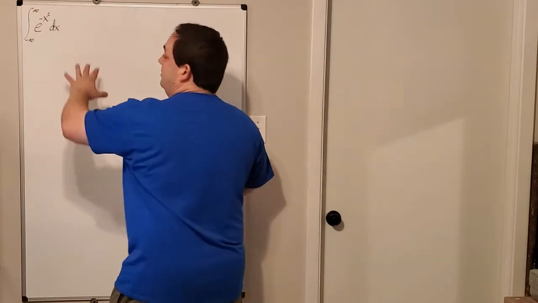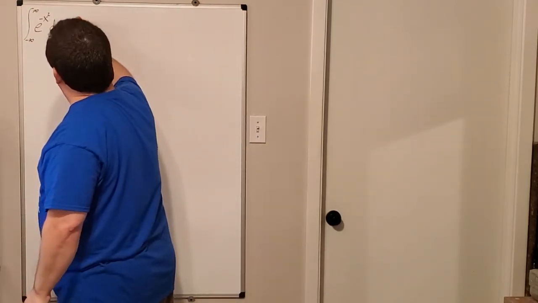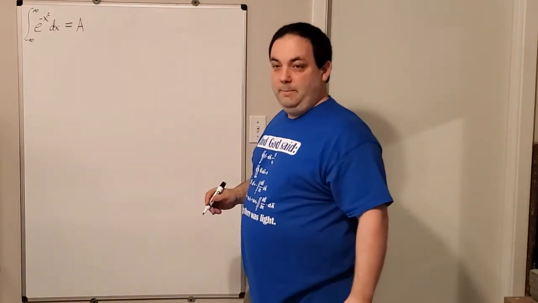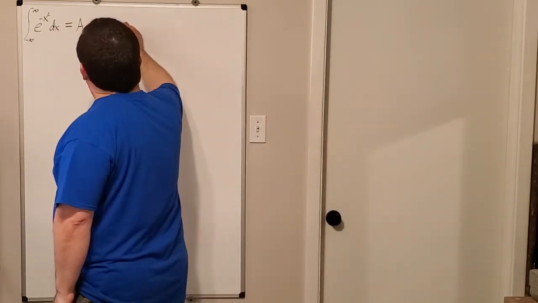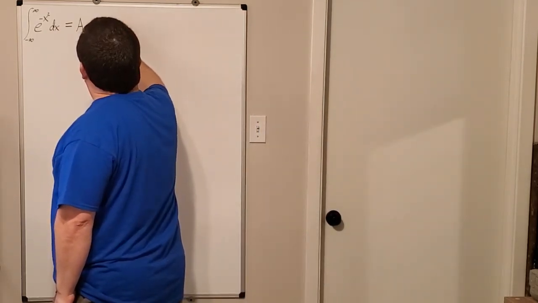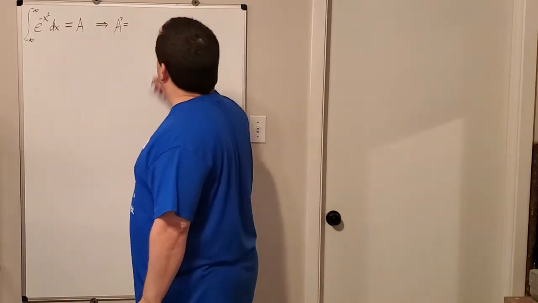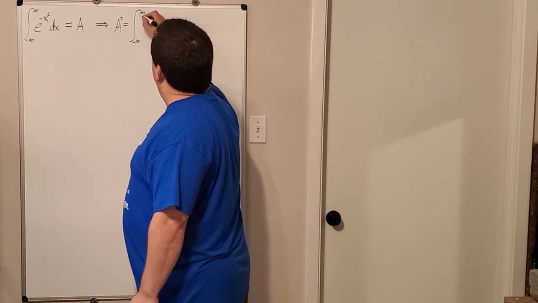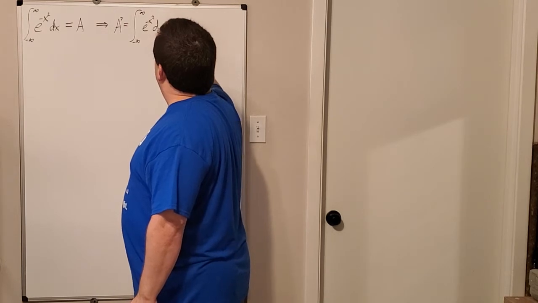So if we take this integral right here and set it equal to just some value, like a, for example, okay, then also a squared would be equal to the integral performed twice. But don't forget that